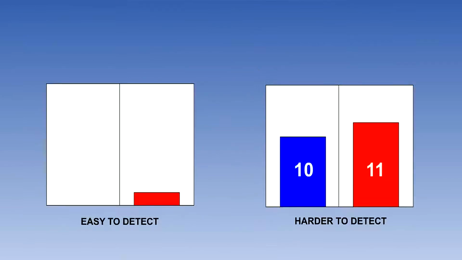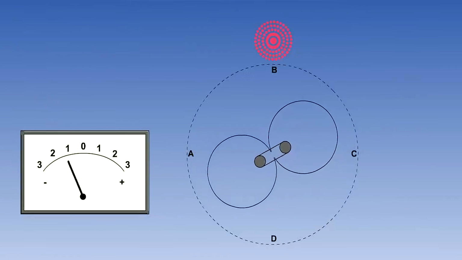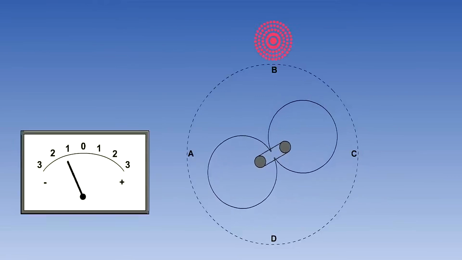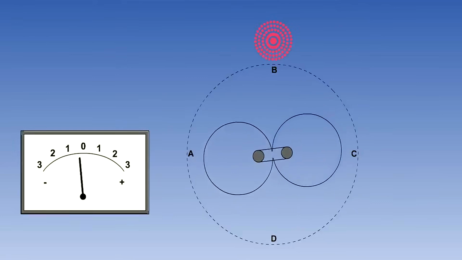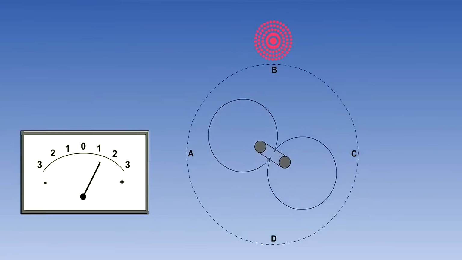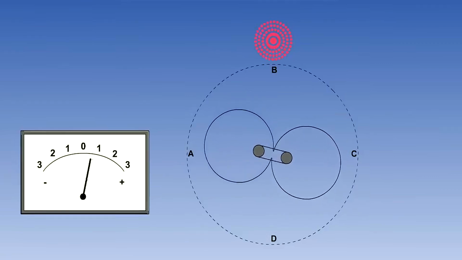The null point is chosen over any other phase as a datum point because small angular movements from zero produce a greater electrical response and are therefore more detectable than an increase to an existing response. If the transmitter is at position B and the loop antenna is rotated slightly in either direction, signal strength will increase. By finding the null position, zero signal strength, the bearing of the transmitter from the loop can be determined.